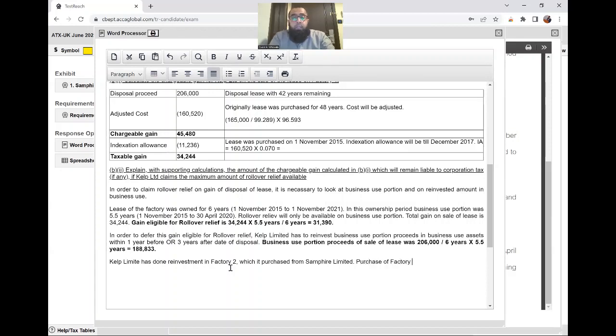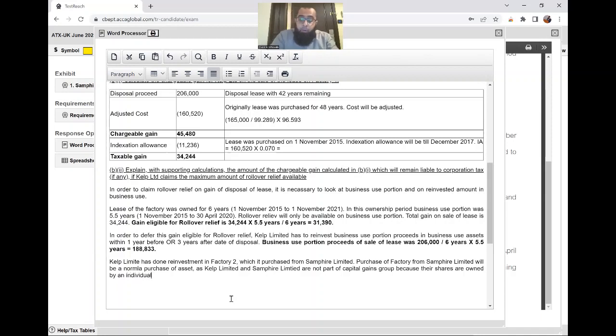Purchase of the factory from Samphire Limited will be a normal purchase of an asset, as Calp Limited and Samphire Limited are not part of a capital gains group, because their shares are owned by an individual, Noori. Okay. Now, reinvestment in Factory 2